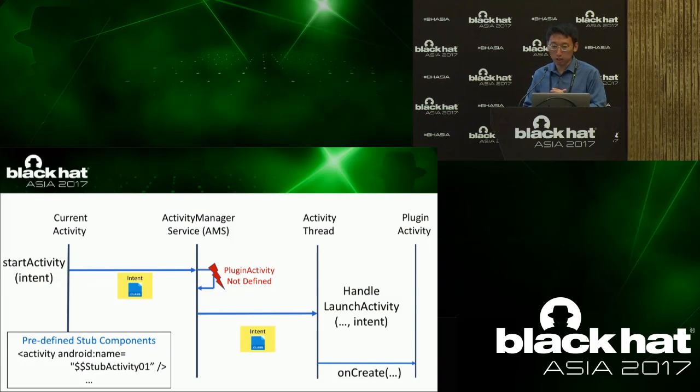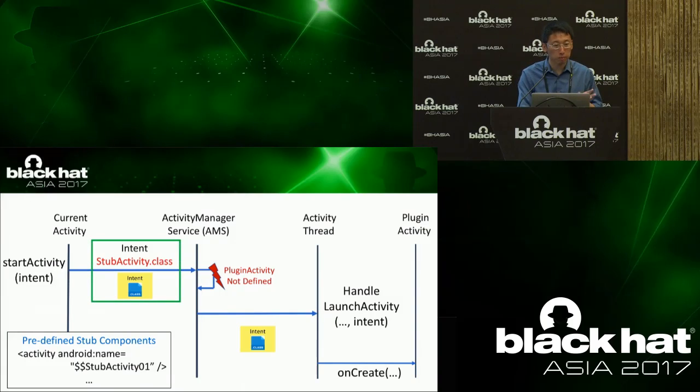Later on, the join plugin will intercept the intent sending to the AMS to modify it by wrapping it around another intent and put the stub activity class in the intent and forward this intent to the AMS. At this time, there will be no failure because the stub activity class is already defined in the host manifest file. So that's a way that the join plugin fools the AMS to start an activity that is never defined in